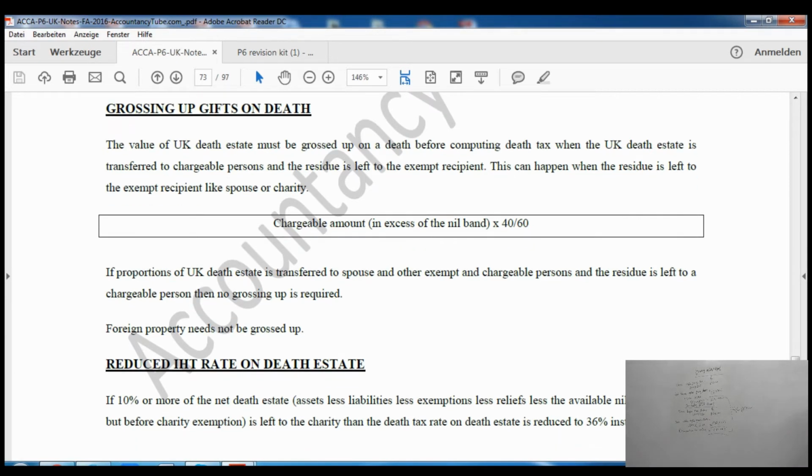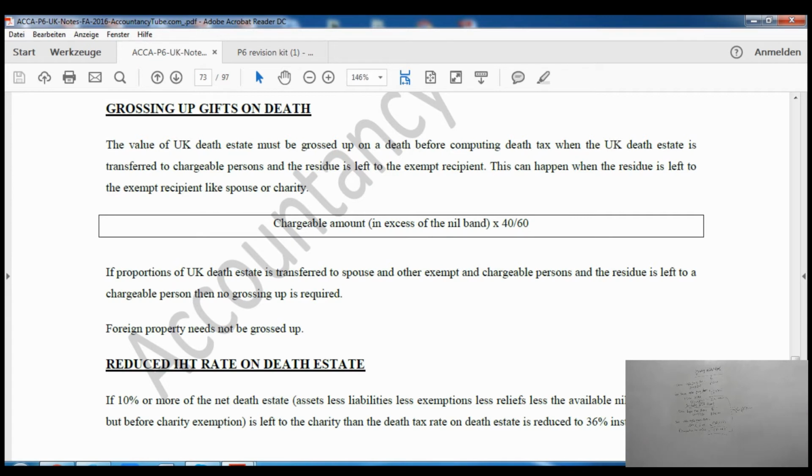Right? The next rule is called grossing up gift on death. Say, for example, if anything is left in the will, then they will have to pay tax on death, right? Sometimes what happens is that an individual will say, I will transfer this thing to my son, that thing to my daughter, and the remaining thing to my wife, right? Now when the wording is like that, remaining thing to my wife, or remaining thing to the charity, or remaining thing to the political party, I think you're getting it. What I am pointing out is all the different exempt parties. Remember, there were 4 different exempt parties. So when someone does it like that, when transferred to the exempt parties, then we'll have to gross it up,